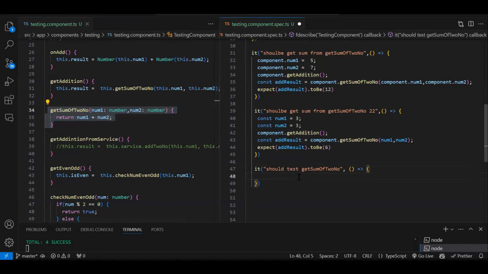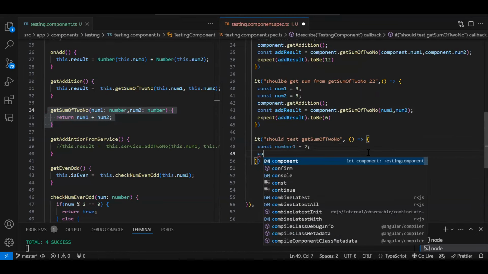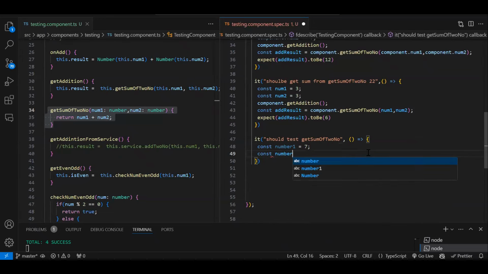So here we need to create a local variable. const number1 is equal to, let's say, 7. const number2 is equal to 5. Whenever you are writing a test case for a function which has parameters, you cannot pass a parameter like that. You need to create a local variable, and while calling that function, you will pass that local variable